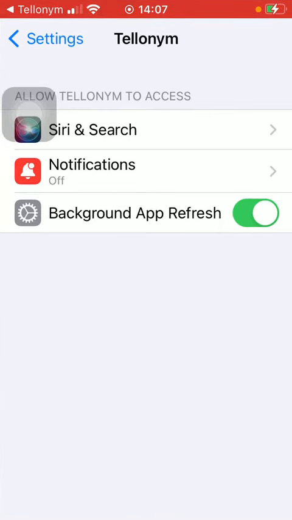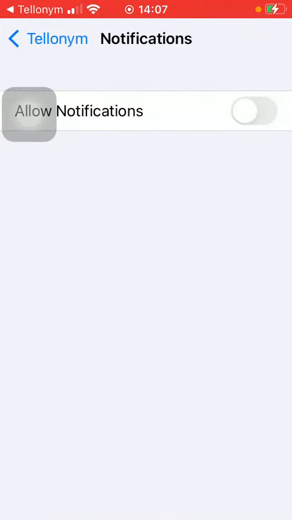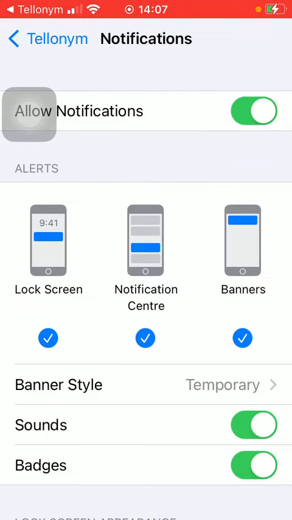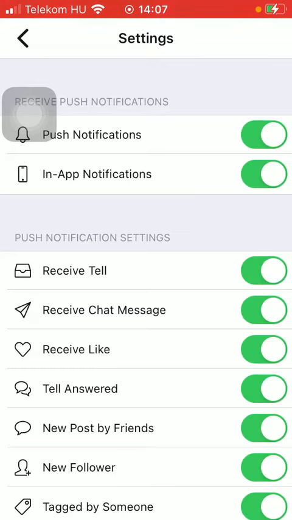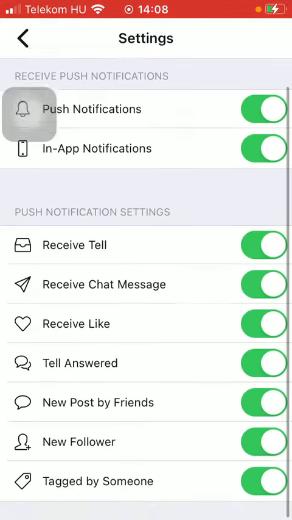Then you will be directed to your phone's settings, where you need to click on the second option, notifications, and click on this button to allow notifications. Then go back to the app, tap on this button again, and then you can turn on all these notifications,